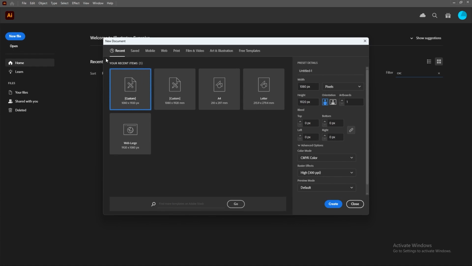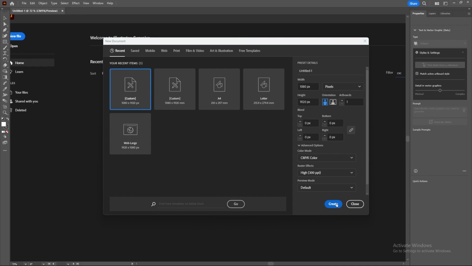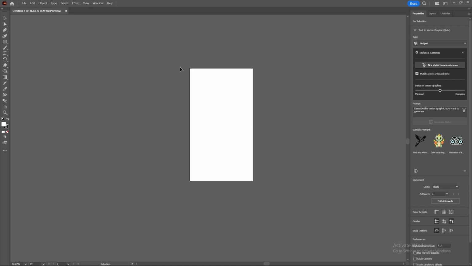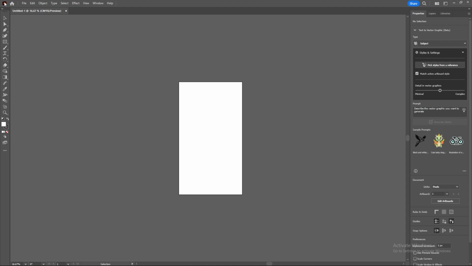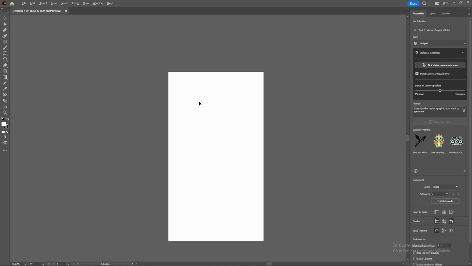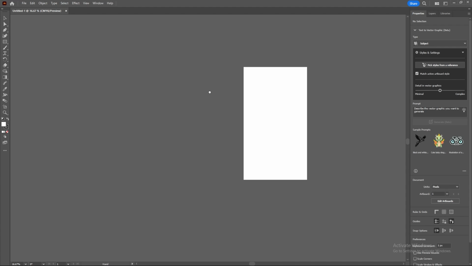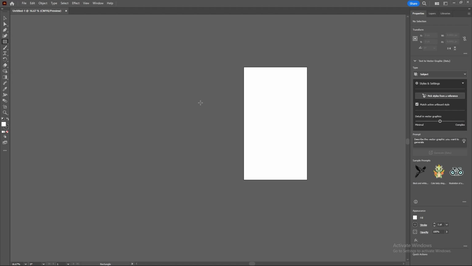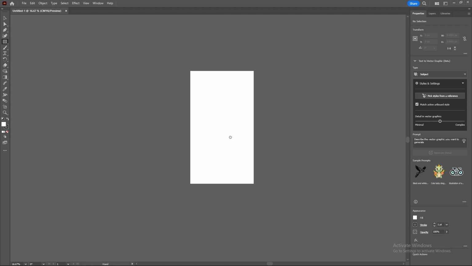So now let's open Illustrator, new file, copy these settings. It's like a TikTok ratio. Okay, now click create. So now you have this canvas. If you don't have Illustrator, you can just draw on your paper, but if you already have After Effects, then I suggest Adobe Illustrator too, because it's an amazing tool if you want to do motion design and all that things.